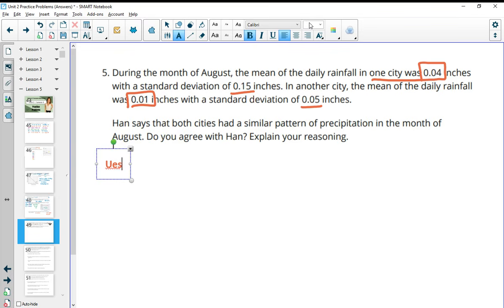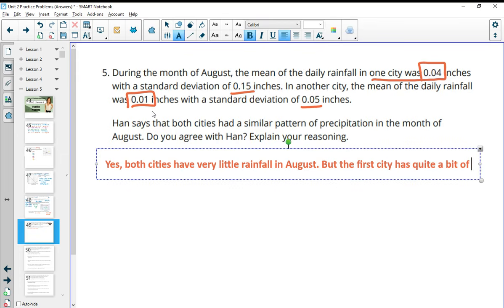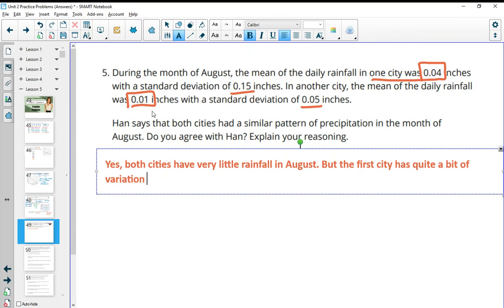Okay, so yes, both cities have very little rainfall. Less than 5/100ths of an inch. This one's at 0.04 and this one's 0.01. So yes, both cities have very little rainfall in August. But the first city has quite a bit of deviation or variation in the rainfall, which might suggest that that city